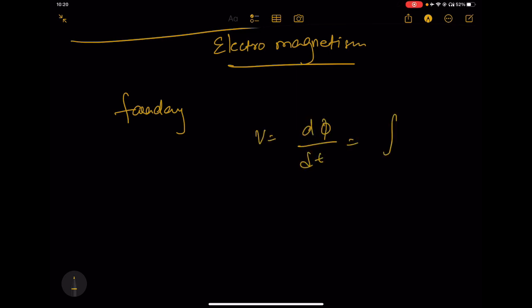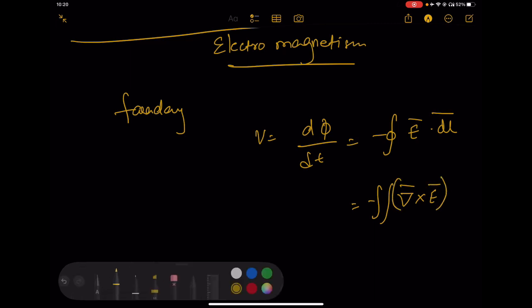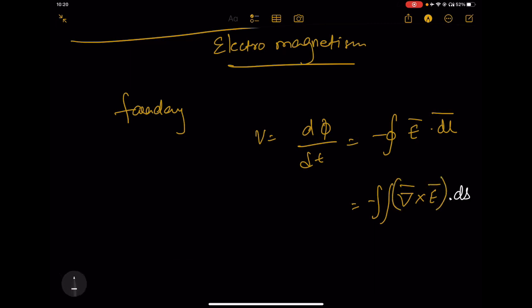It's also equal to the closed loop integral of E dot dl. Here we will try to use Stokes' theorem, giving the surface integral of del cross E dot ds. This d phi by dt, for example, if n is the number of turns, this equation will turn out to be